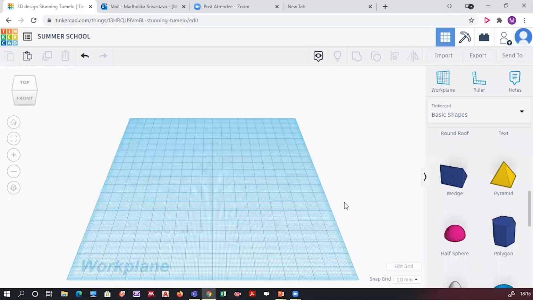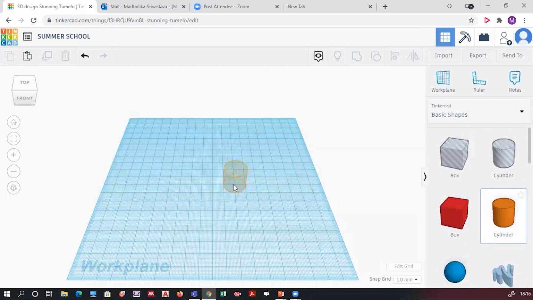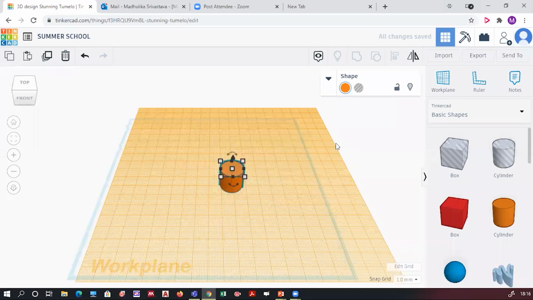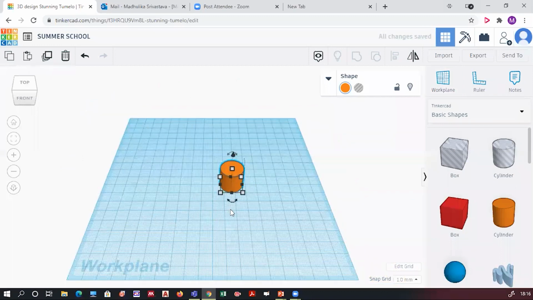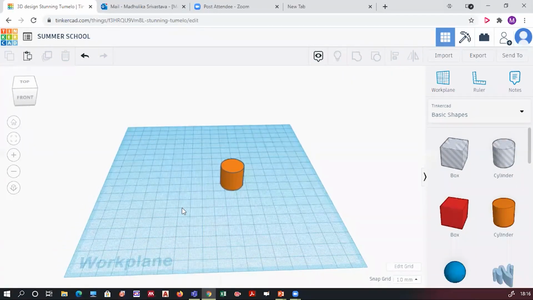Okay. Don't panic. I have tomorrow also to tell about the work plane, how to delete the multiple work planes, for those who are asking. Suppose by mistake you have made a work plane and you want to delete that particular work plane, what you do, you again select that work plane and click on empty space. This white space you see, click over there and you will see that your new work plane has gone and you are back to your initial work plane.